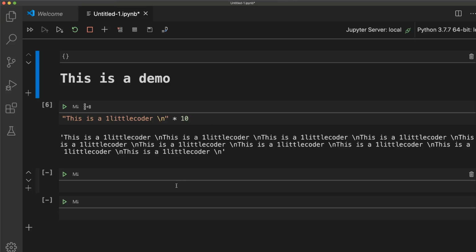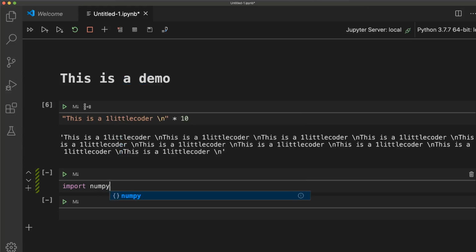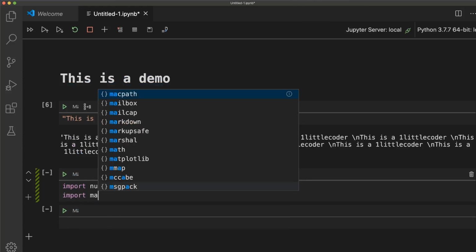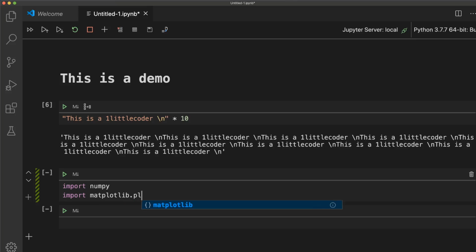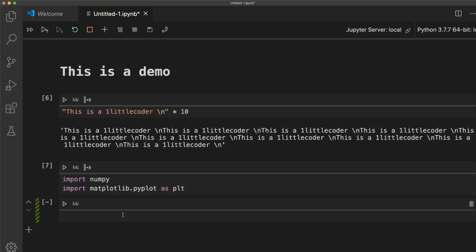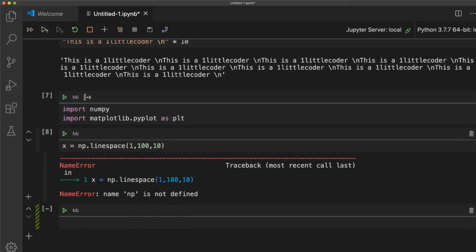So let's try to create a simple visualization using numpy. Import matplotlib.pyplot as plt, and let's say x is equal to np.linspace 1 comma 100 comma 10. np is not defined.